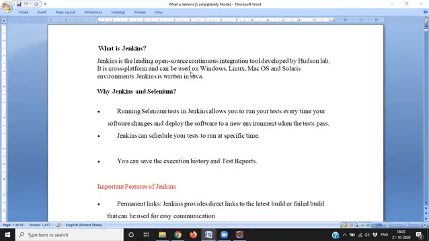So what is Jenkins? Why do we use Jenkins in Selenium? Jenkins is one of the leading open source continuous integration tools, developed by Hudson Lab people. It is cross-platform and can be used on Windows, Linux, any operating system, because Jenkins is also written in Java. Why do you want to go with Jenkins and Selenium? Whenever you want to execute Selenium tests in Jenkins,